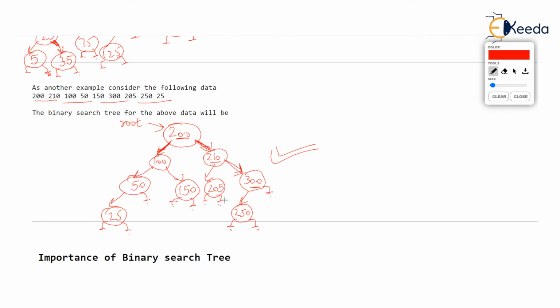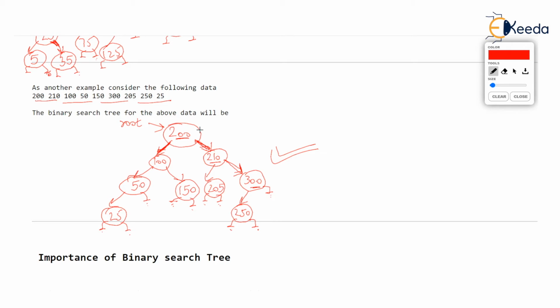Now, if any student is thinking about what if the values are repeated, let's say 200 that we have added comes again in the list, then where will it get added? Let's not think of that example right now, at least in this video, because I'll tell you the values generally are not repeated in real life.